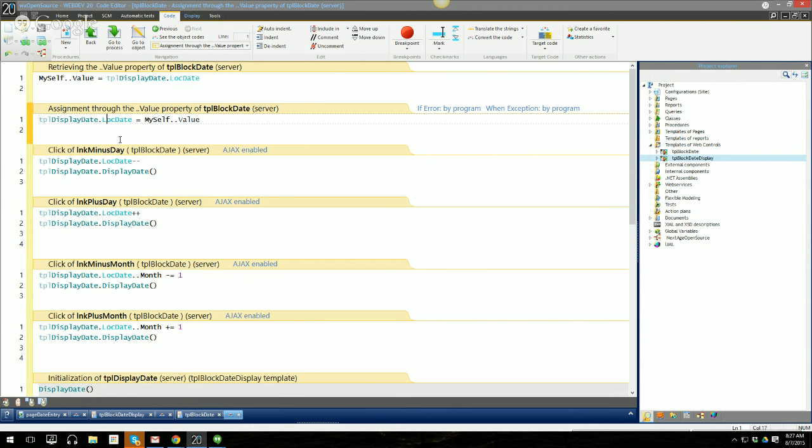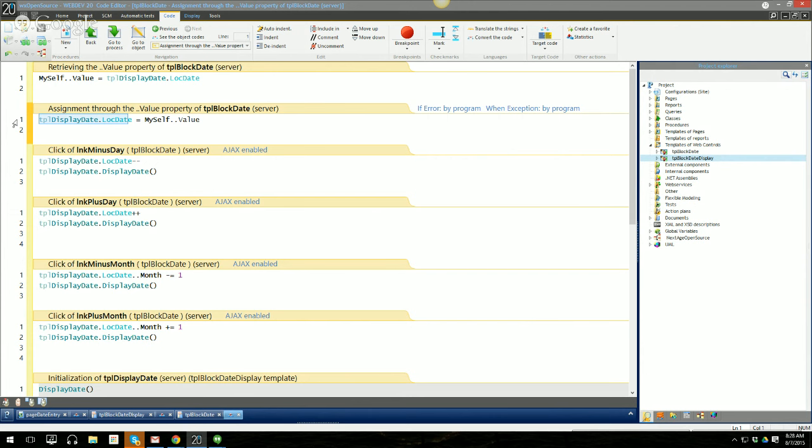And the reason I'm putting code in these is if I drop the edit template onto a page as a programmer, especially if I'm not the programmer that originally created the template, I don't want that developer to have to know, well, he should refer to the value of the display template. He's going to think that he should just refer to the value of the edit template. So all I'm doing here is anytime you set the edit template to a value, in the assignment one, I set that locdate equal to the value of this template. So when you set the value of the edit template, I set the value of the display template,